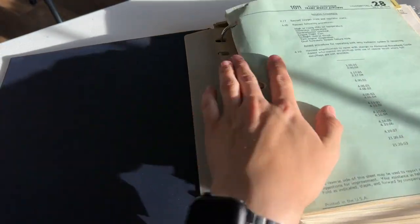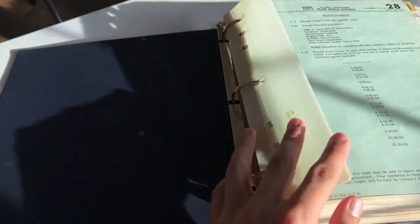So overall, really cool, effective February 1st, 1973. I thought this was quite a cool book, so I'm very glad that I got it. I did not realize there was so much